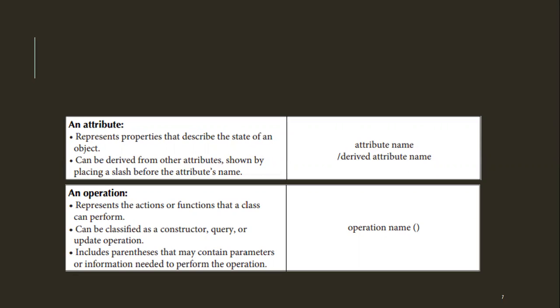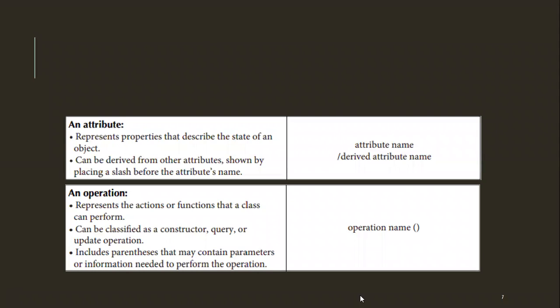Okay, constructor means you build the software with something. Building, we say we construct. So if there is a building, we say it is under construction, right? Construction means we are building something, isn't it? If not, we are doing something, isn't it? So something is happening. So we can say an operation can be a construction, a query, or an update operation, whichever it may be.